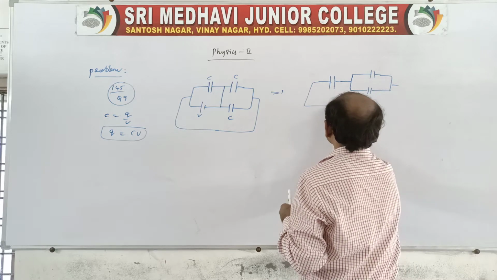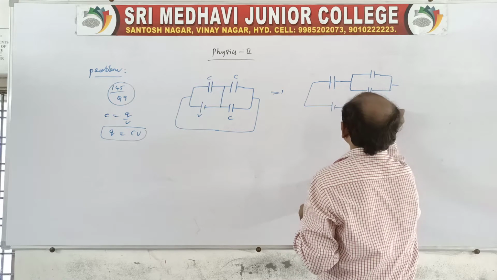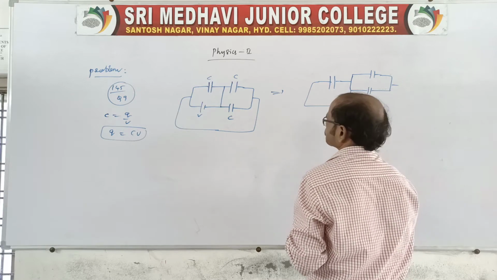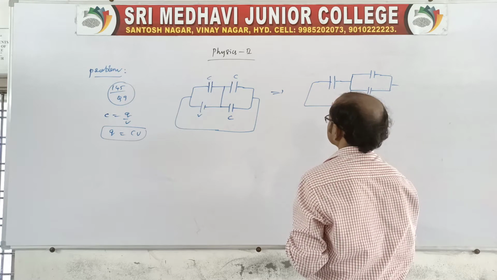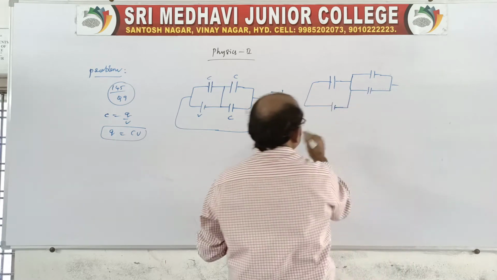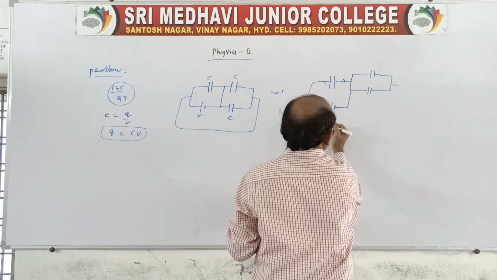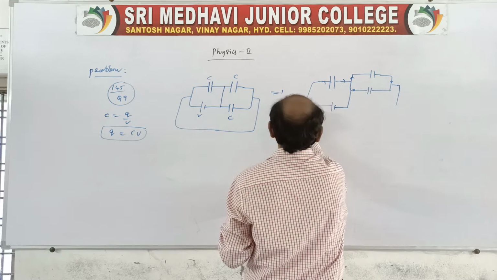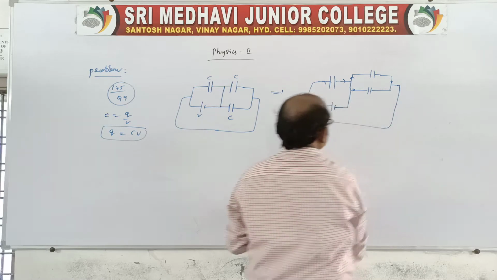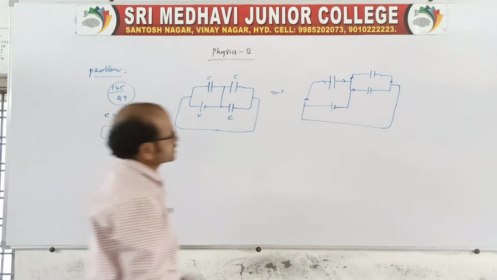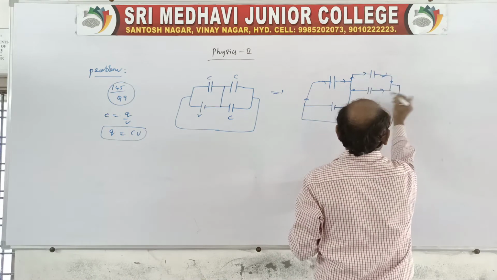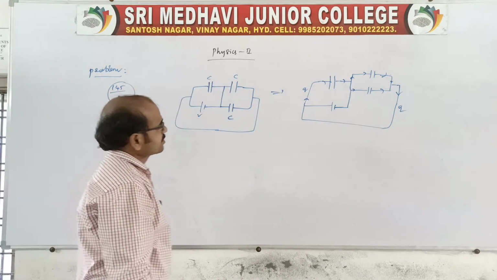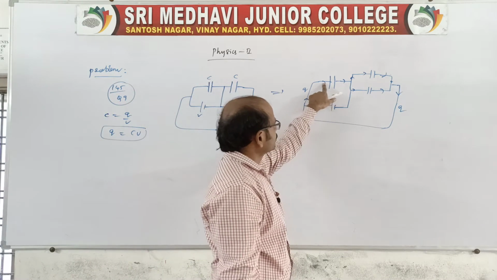The battery is connected to this plate, and if you want to join here also, no problem. This is a combination we can take like this. There will be a charge flow, it enters and comes here, and it is rejoined and connected again. We can take one more connection like this. So the charge enters, it is divided, and comes out from this. Whatever charge enters the circuit remains the same on each and every capacitor.